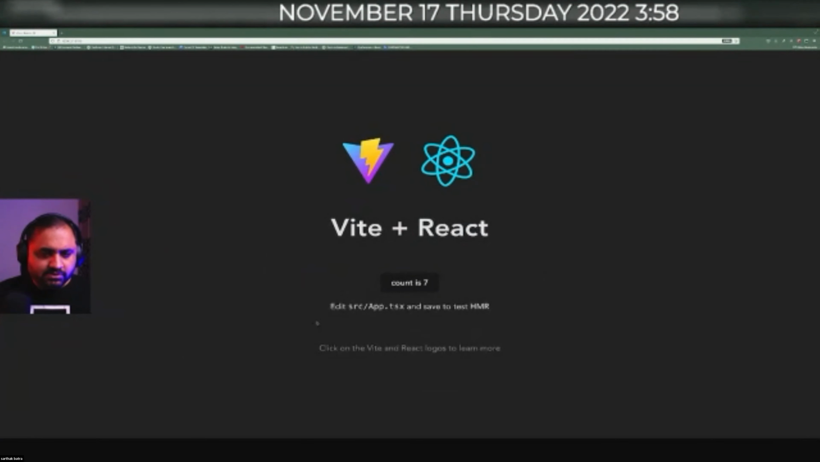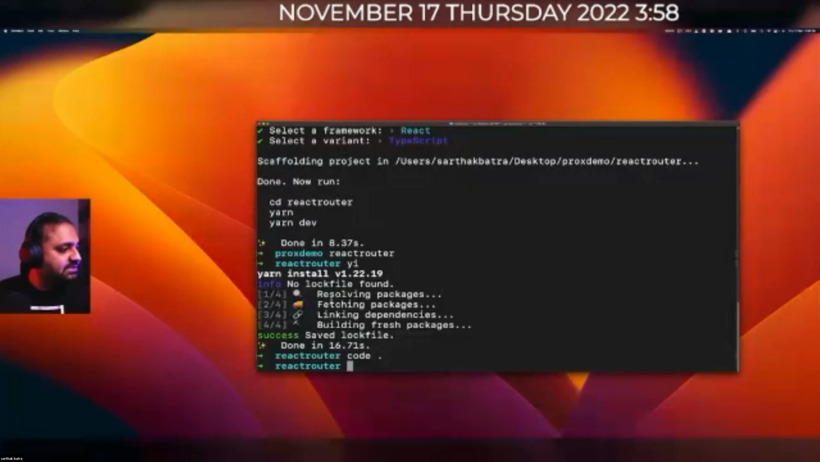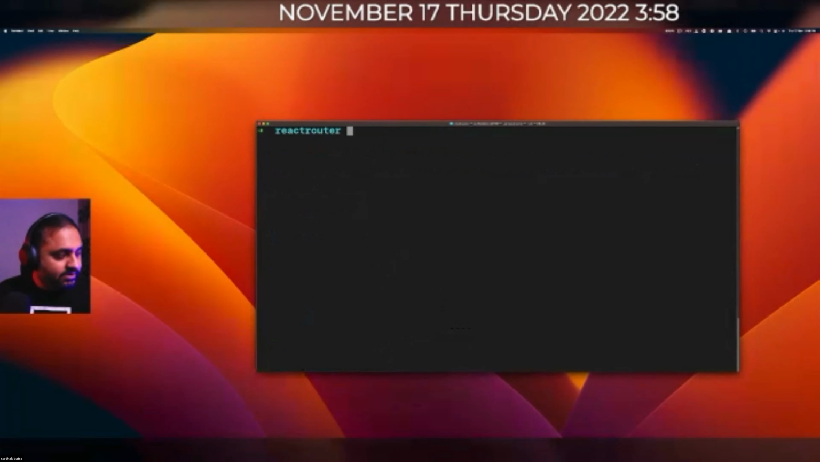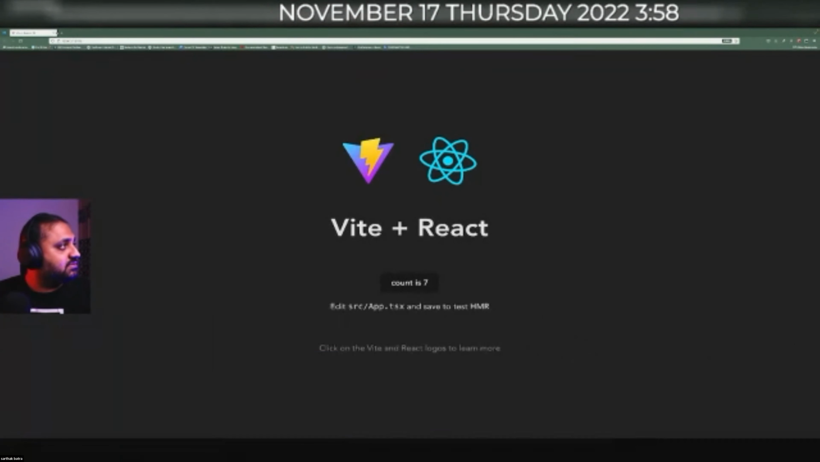Okay, now let's add React Router to this. I'm going to add React Router DOM. Only I can type properly. It's React Router DOM. That's the library that I need to add. And we have React Router DOM. I'm also going to just make sure that it's the correct library because